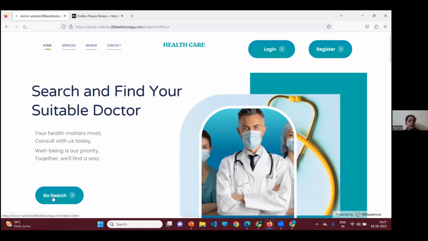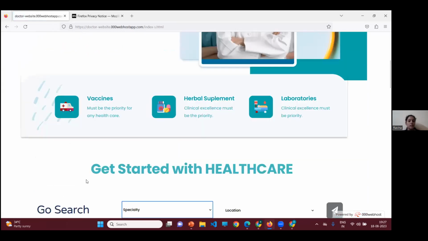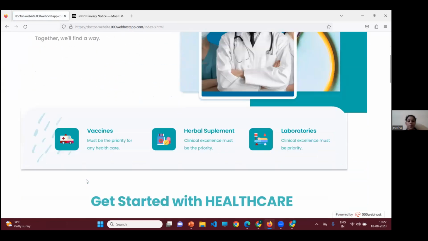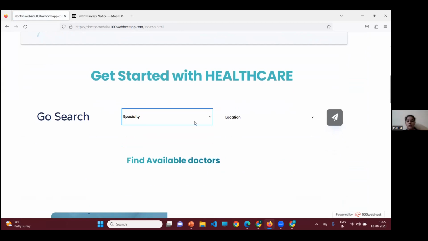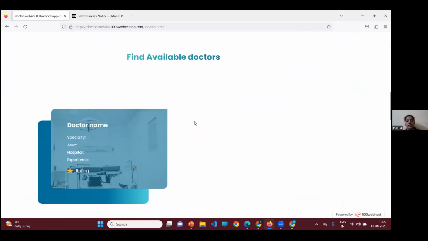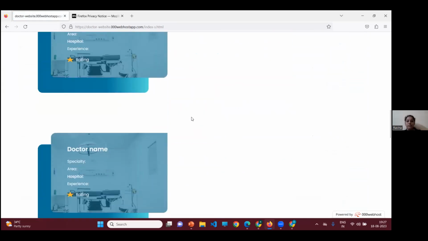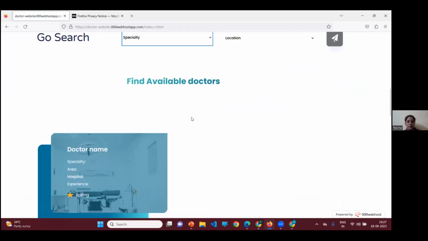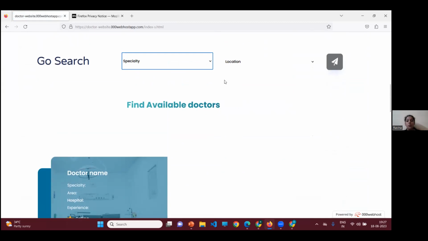For searching, by clicking the Go Search button, we'll navigate to a search page where we have 2 fields, and at first we have an empty field, that is specialty, doctor name, specialty area, hospital, and the experience. To avoid misspellings, which will give bad results when matching the database, I prefer a drop down.